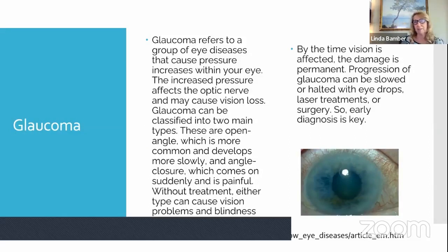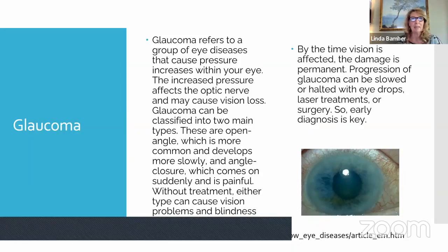We're going to switch gears. We may be going pretty fast today and get to visit a little bit, but glaucoma refers to a group of eye diseases that cause pressure. So there's so much pressure in there that, again, it changes, and you can see the difference in what somebody's lens would look like or eye should look like. So there are 2 kinds of